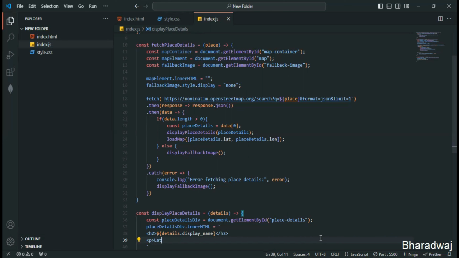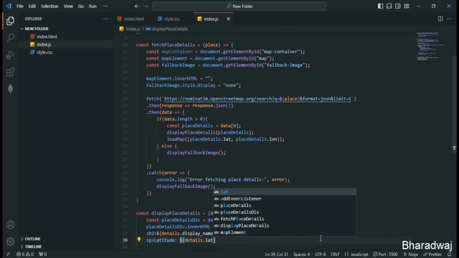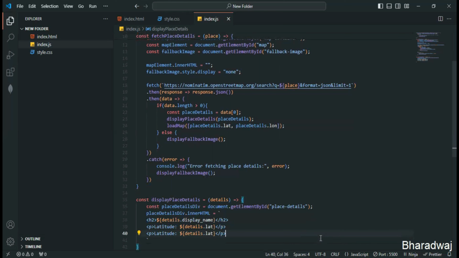So basically, let me guess, latitude. Yeah. So let me give details dot latitude. So let me close this p tag. Let me copy the same thing. I'll give here, instead of latitude, let me give longitude. Details dot lat we have given. I'll just give LON. So this is it for the